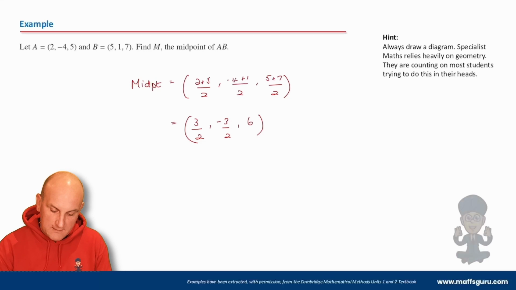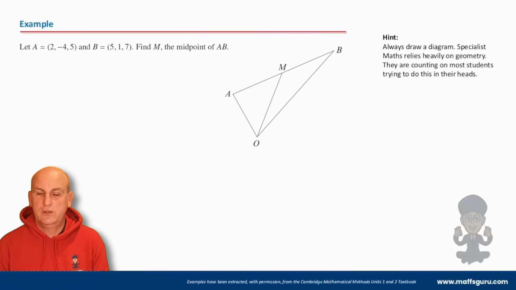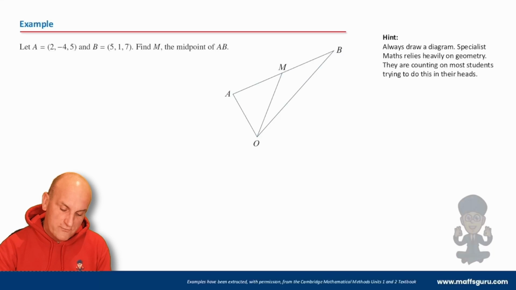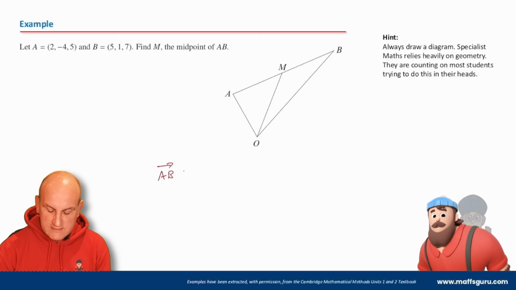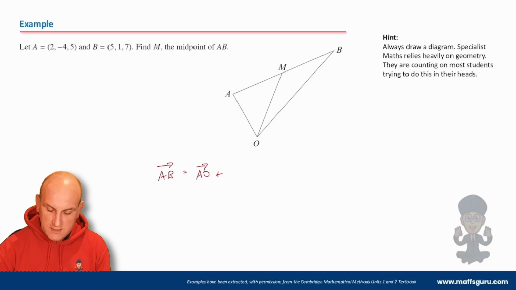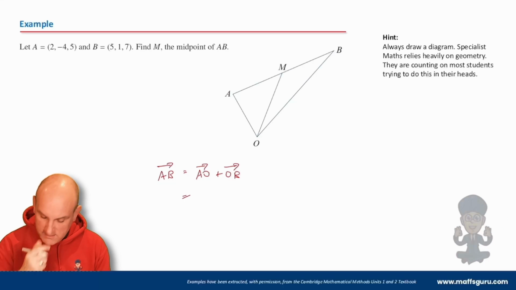Now I moved on and it's gone, oh, well, actually you could do this geometrically. And I'm like, well, you could, but why would you want to? All right. So you could try and find out what A to B is. And AB is basically A to O plus O to B. Right, so A to O is the opposite of that one there. So it's basically minus 2i plus 4j minus 5k,